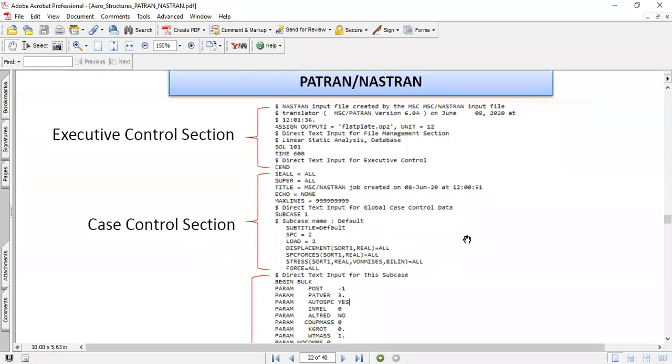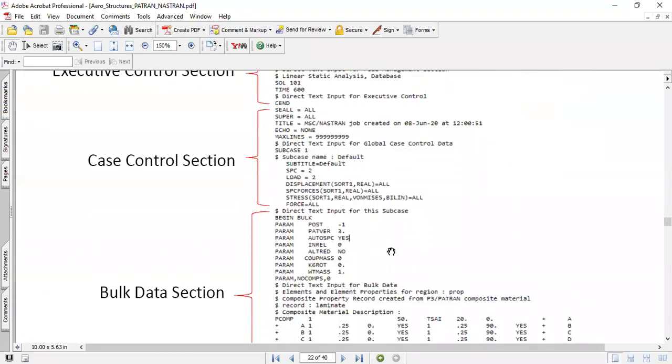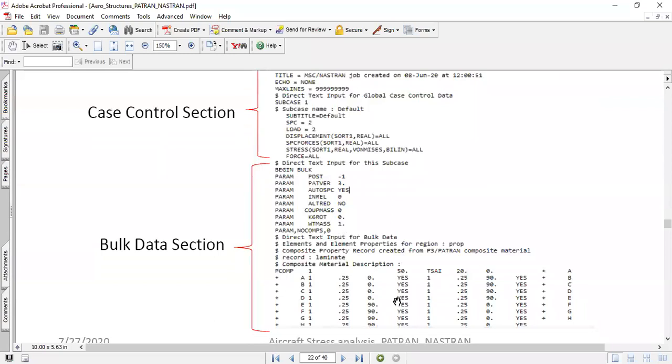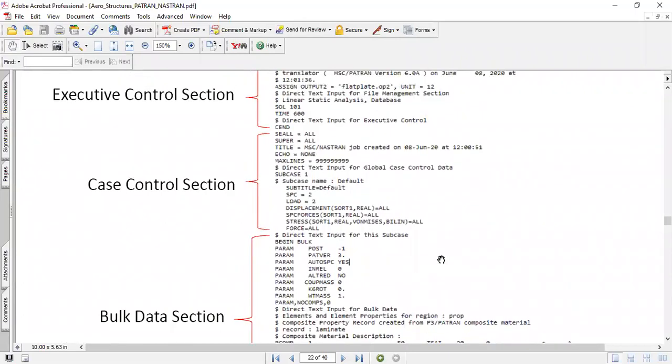The case control section covers the different loadings the structure is subject to. The bulk data section is the physical model in terms of the elements, properties, material properties, and geometry properties. Those things go into the bulk data section.